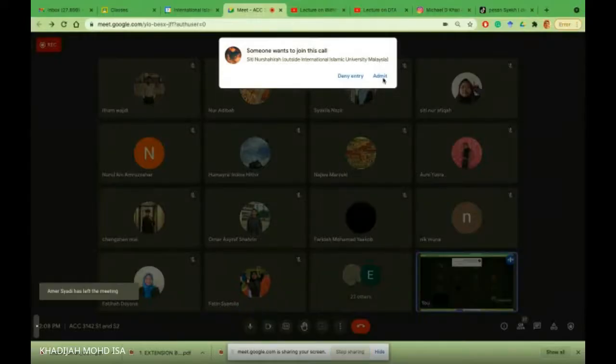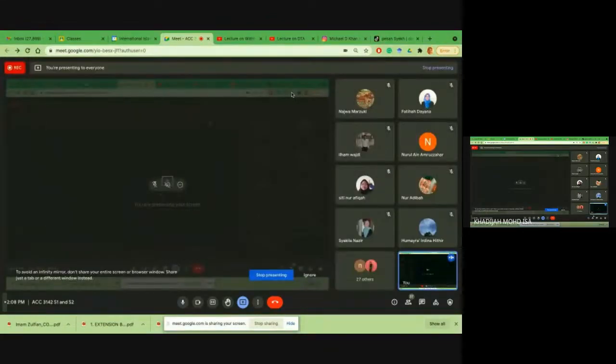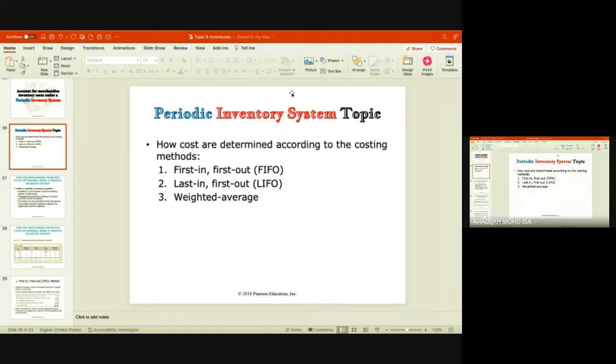I'm just trying to recap a bit on what we had covered on inventories. We went through the perpetual, on how to record. For example, you have the table where you have the date, the purchases, and then when you make sales, how you record the sales, or in other words, what we call cost of goods sold. All right. So under the periodic, similarly, you will have the same method, but the computation